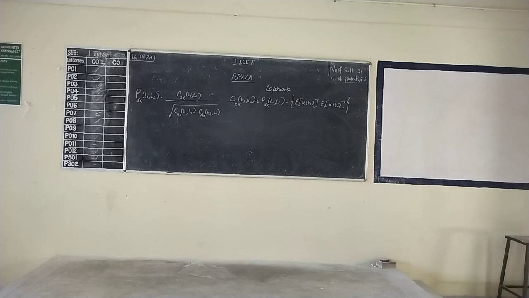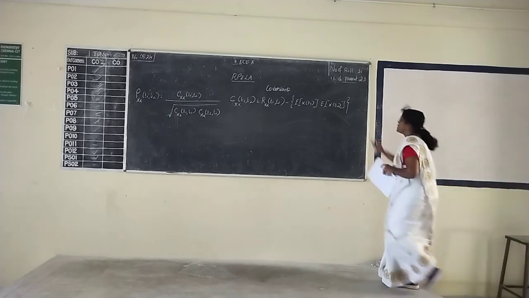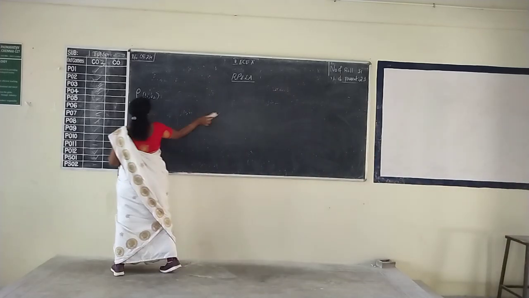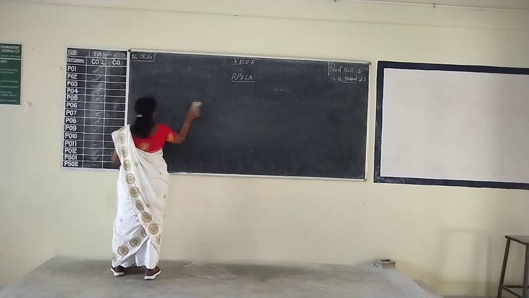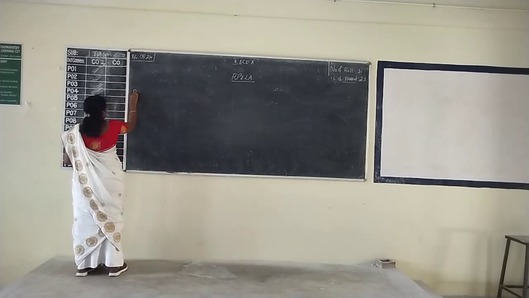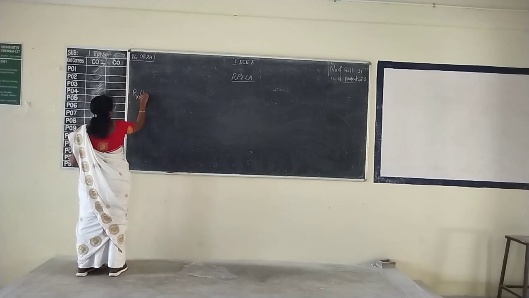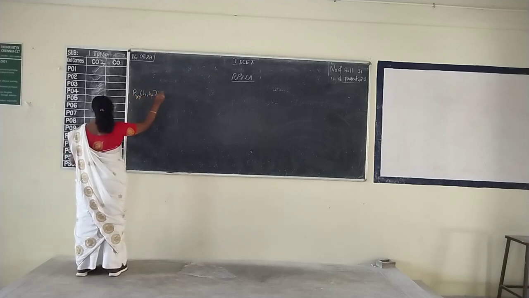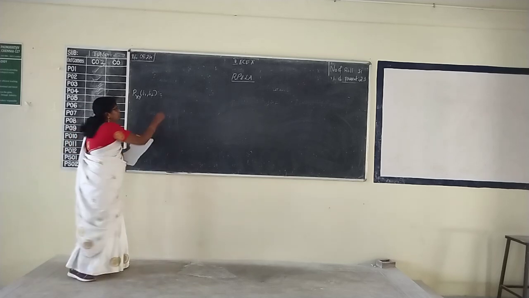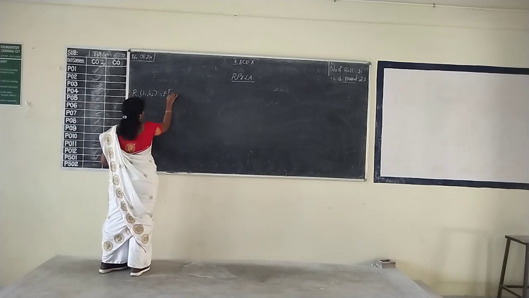Okay, take it down. Cross correlation. Rxy of t1 comma t2 is equal to expectation of